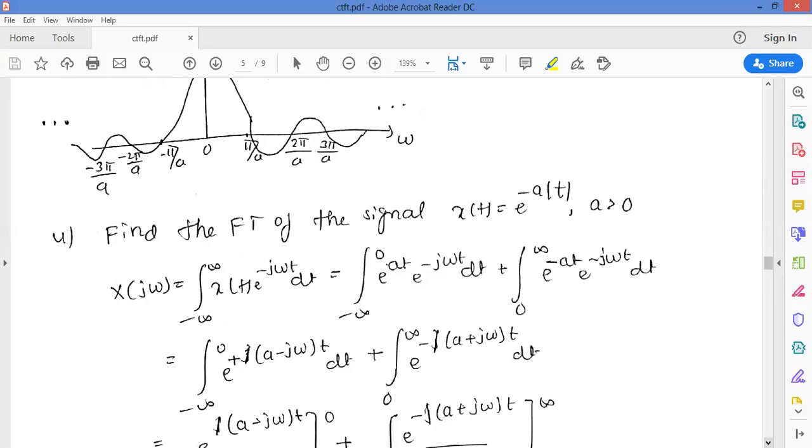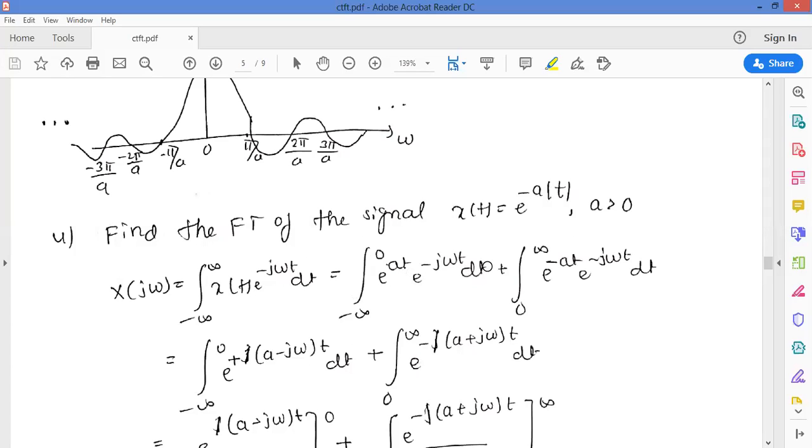Let us look here. Find the Fourier transform of the signal e power minus a mod of t, when a is more than 0. Now what I will do, x of j omega is equal to, I'll put the same formula. I will split this integral into two parts. One is the integral from minus infinity to 0, because within this limit when t is less than 0, mod of t will become minus t. Therefore, you have e power minus a into minus t, it becomes e power at into e power minus j omega t dt,